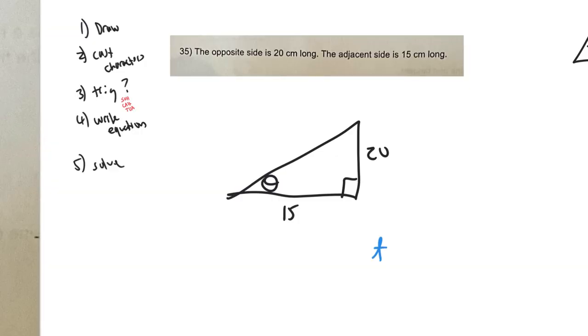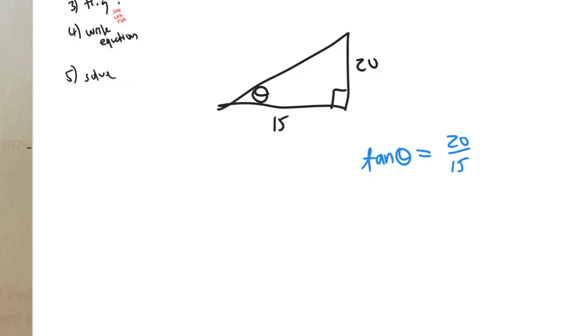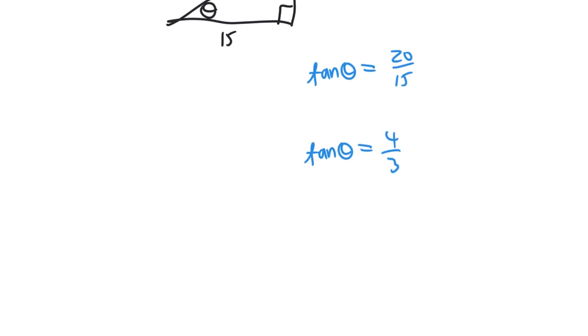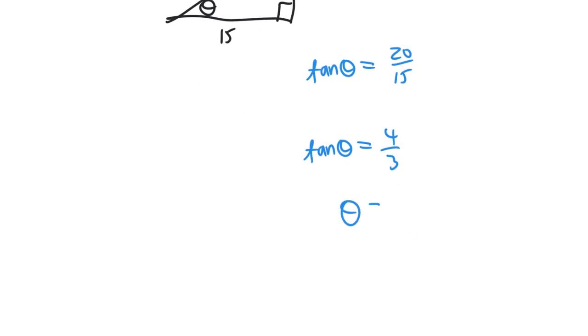Step number 4, write the equation. Tan of whatever that angle is equals opposite over adjacent, also known as 20 over 15. And we could also say that tan of that angle is equal to 4 over 3. Okay, solve the equation. That's step number 5. The angle has to equal the inverse tan of 4 over 3, right? And that's for the calculator. The inverse tan of 4 over 3 is